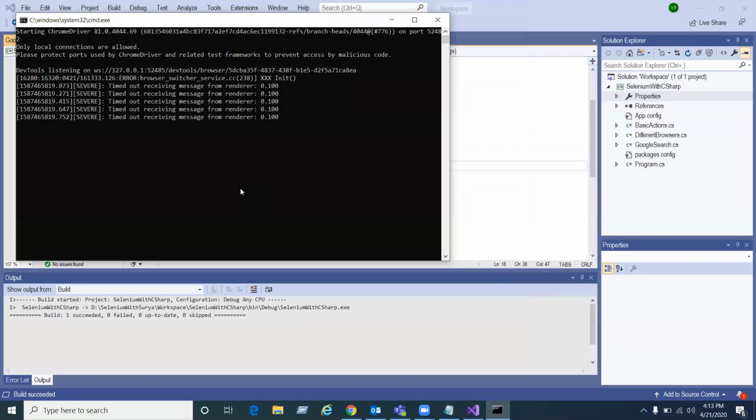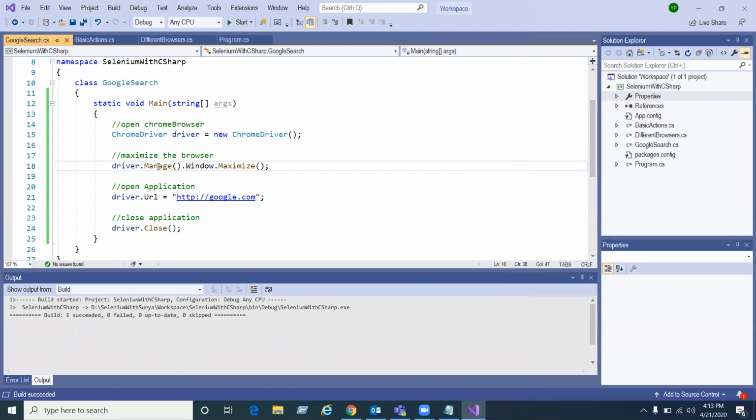So driver dot manage dot window dot maximize: here manage is the method, whereas window is the property, and maximize is again a method. It maximizes the current window if it is not already maximized.